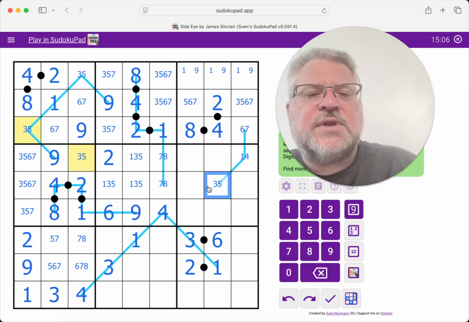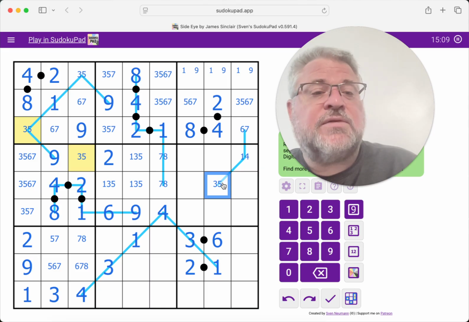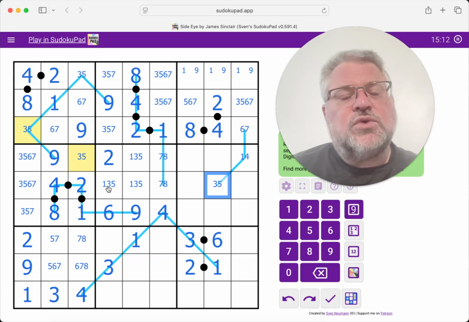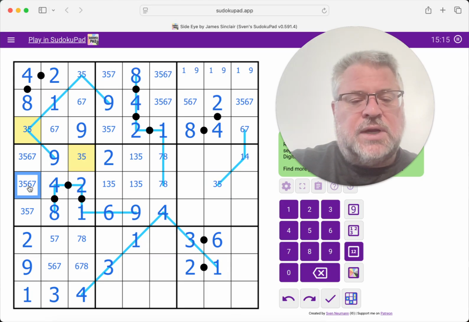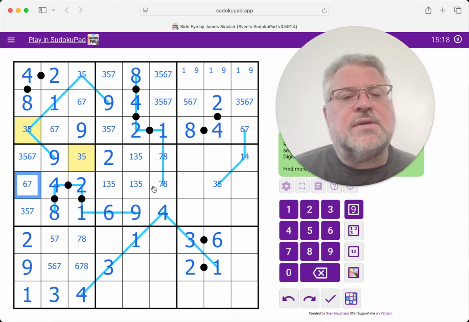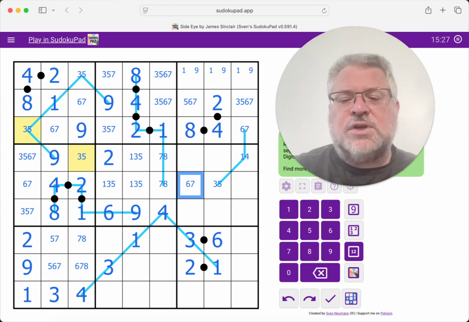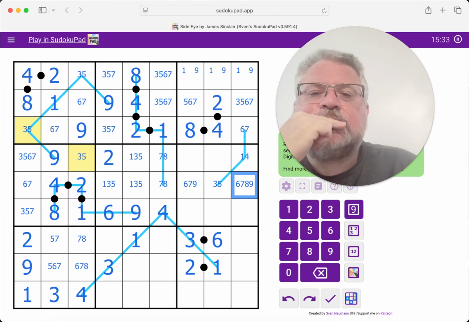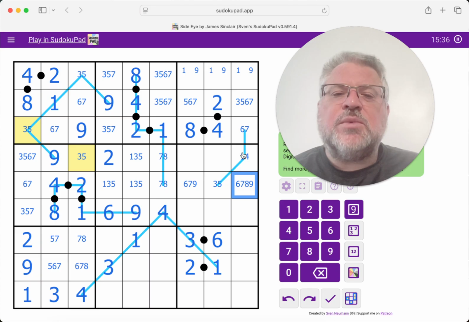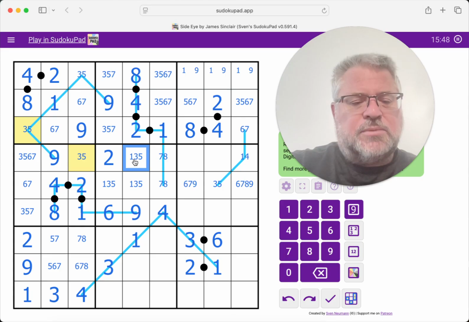Can we rule 3 out of there? Well, this is 3 or 5, so we do have a 1, 3, 5 triple in row 5, so this can't be 3 or 5. It is 6 or 7. We need 6, 7, 8, and 9 as our remaining digits to go into row 5. If this were 6, that would be 7. We'd have 4, 3, 1, 5. This digit is this digit, right? Yes, 1 has to be in one of these by our pencil marking,